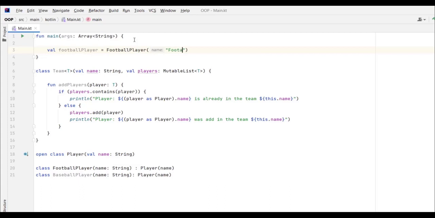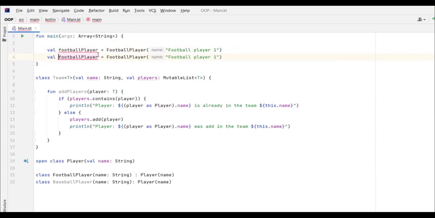I'm going to type just football player 1, and I'm going to press Ctrl D to create another football player. So football player 2 is going to be called,